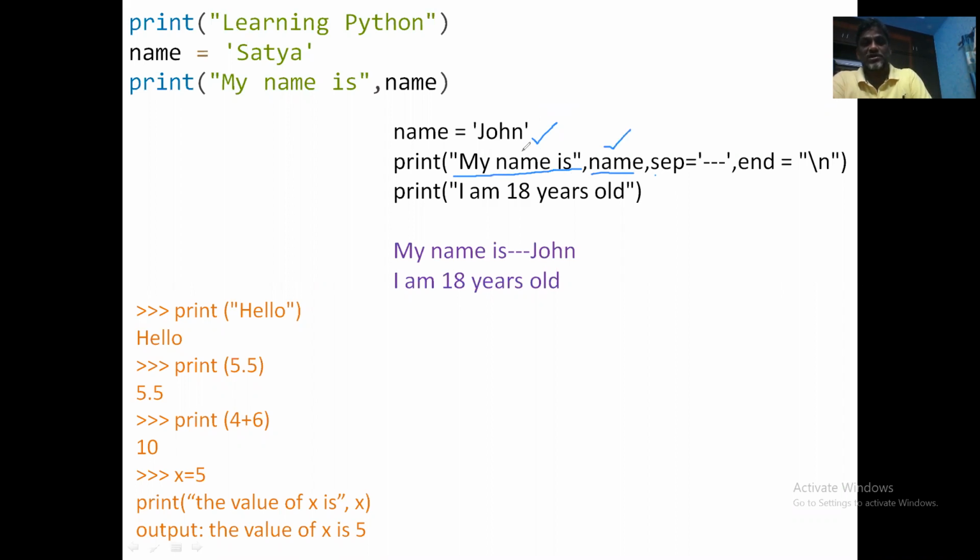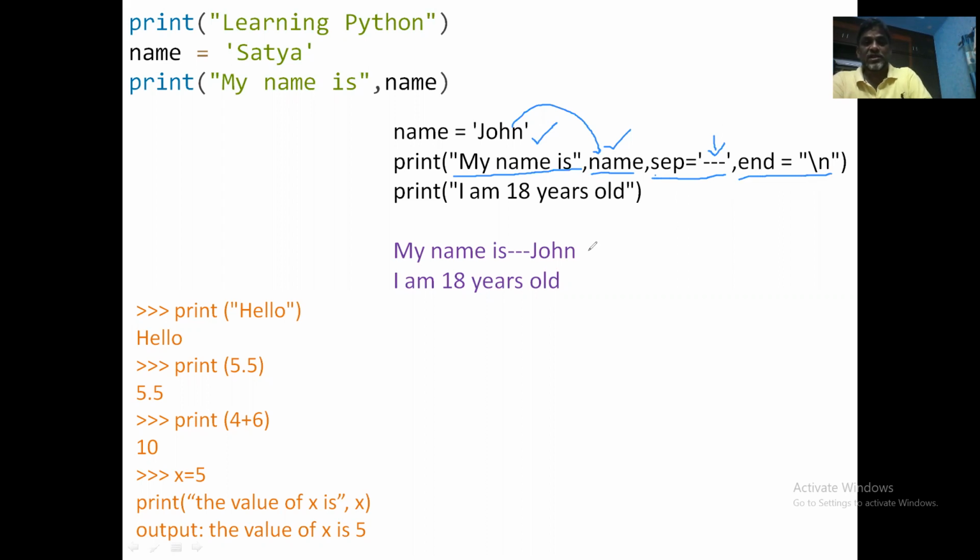One is a string object and the other one is a variable name that will be replaced with the corresponding value of the variable. So my name is John will be displayed up to this. And then we are using a different separator here. By default, the separator is space, but we are using three hyphens here. Separator is equal to three hyphens. And at the end, I'm using \n. Of course, by default also, it will be taken as \n.